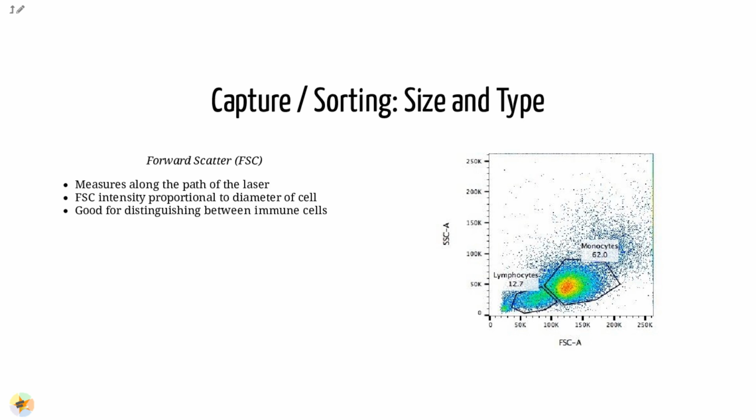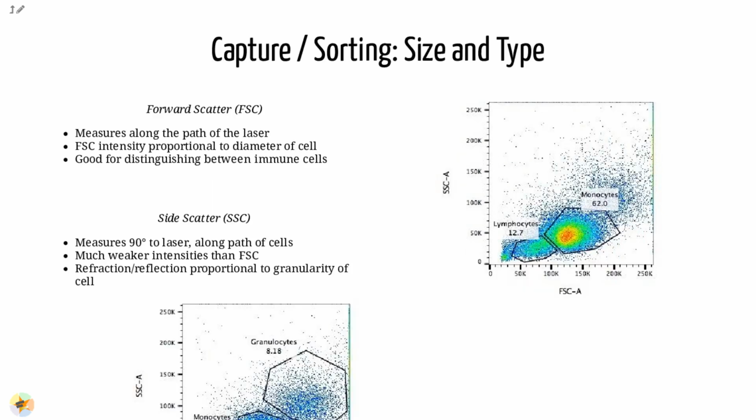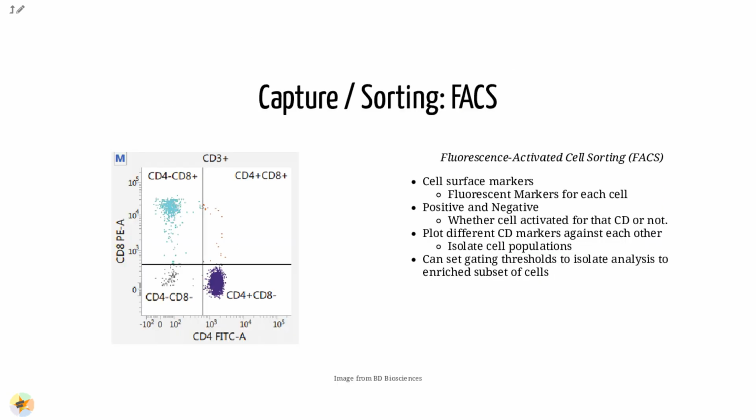For example, monocytes, which are typically larger than lymphocytes, as seen on the x-axis of the example image. Side scatter is perpendicular to the main laser, and measures the granularity of the cell, ideal for distinguishing cells with less defined internal structures, such as the granulocytes on the y-axis of the example image. Cells can also be gated and characterized by their cell surface markers via FACS. By plotting different surface marker intensities against one another, cells can be separated, gated, and labeled based on these fluorescent properties. Once isolated,